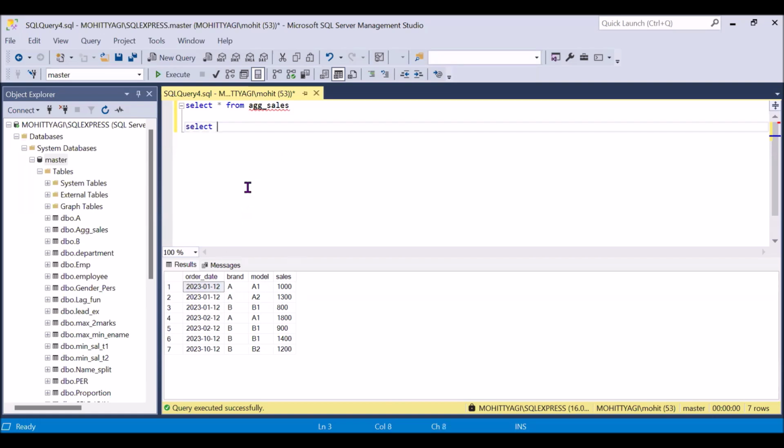So we will use select star and the sum of sales over partition by order date, comma brand, order by order date, and we can give an alias name aggregated sum, from